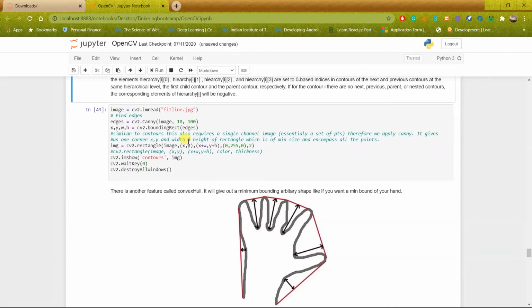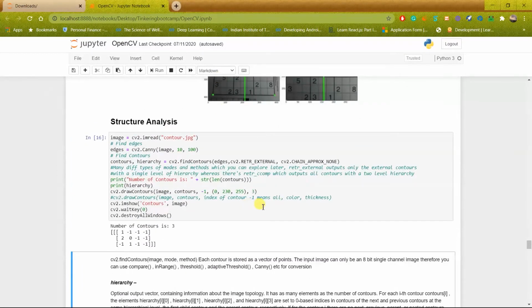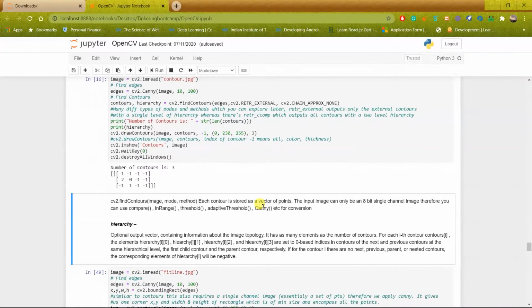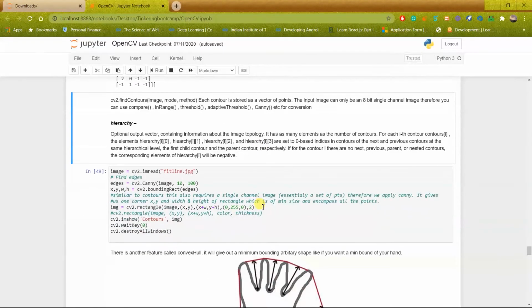So now another function is the bounding rectangles. The dot bounding rectangle is used to get the rectangles which enclose a particular shape. So suppose I use the bounding rectangle on the above image. What it will do is it will give me a rectangle which encloses the circle, the T, and the bigger rectangle which we have. Okay, so it will create a bounding rectangle, as it is explainable from the name itself.